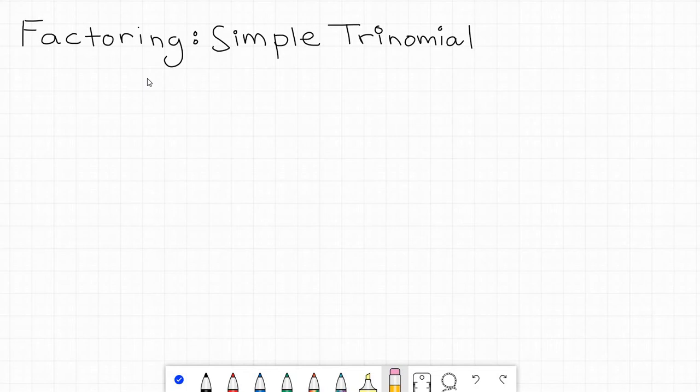There are several different types of factoring. Today I'm going to be going over simple trinomial factoring, and simple trinomial factoring applies to equations of this form. So we'll have a quadratic equation,